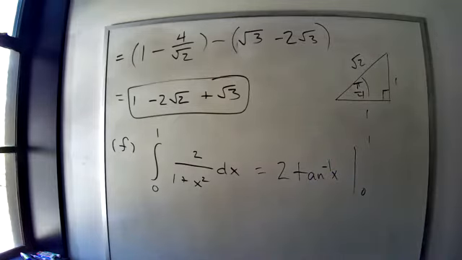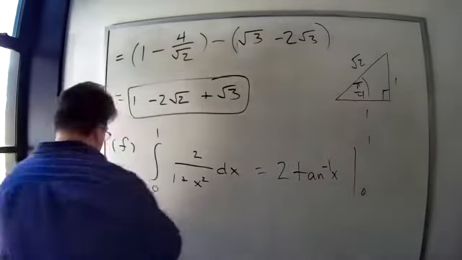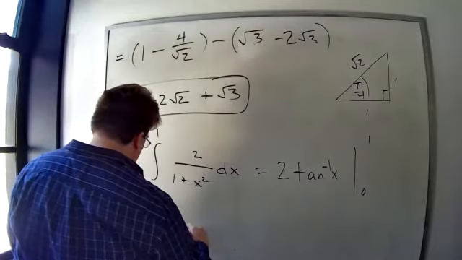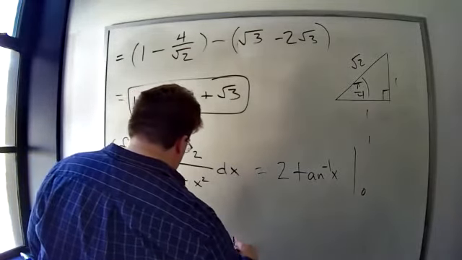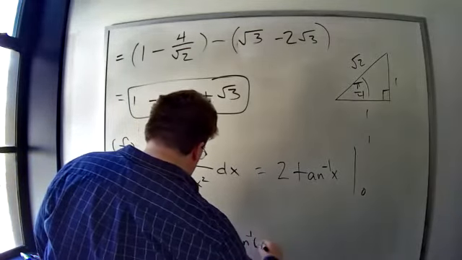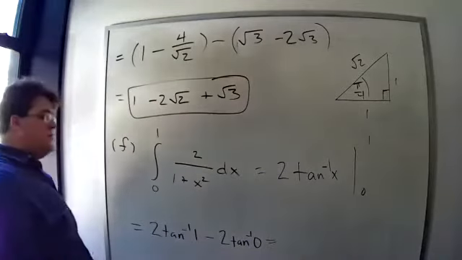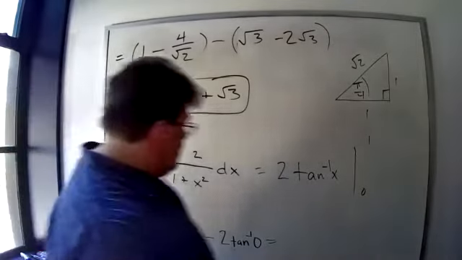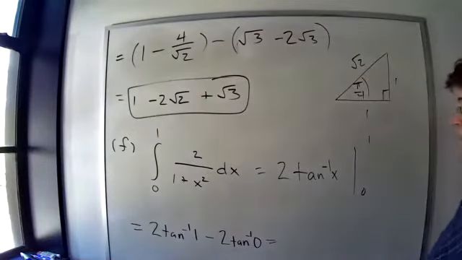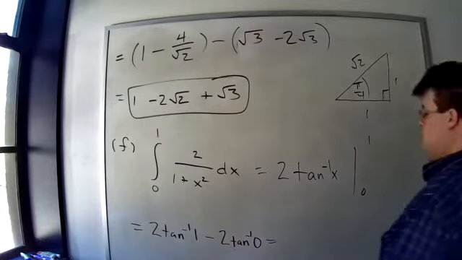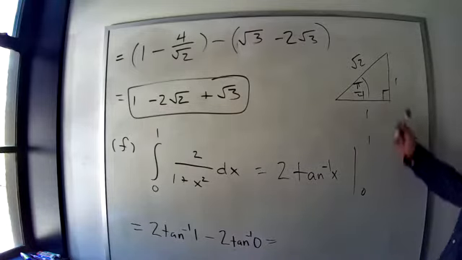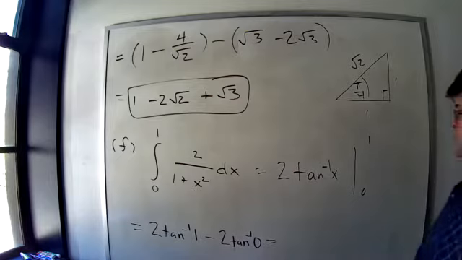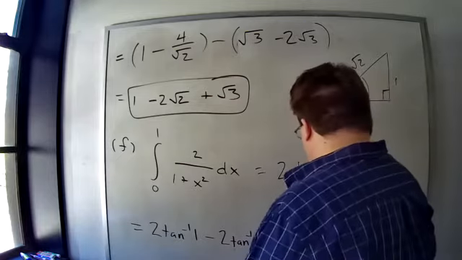And we're evaluating 0 to 1, which gives us, you could factor out a 2 in this next step. I'm just going to not do that. Substitute 1, you get 2 inverse tangent of 1. Substitute 0, you get 2 inverse tangent of 0. And what do we get? Well, we need an angle whose tangent is 1. Well, we have this triangle right here telling us that the tangent of pi over 4 is 1. 2 times pi over 4